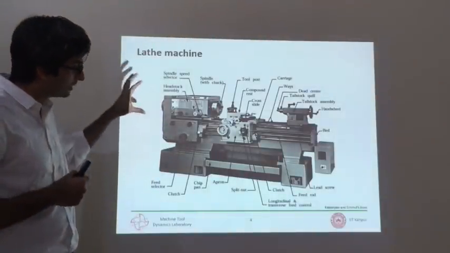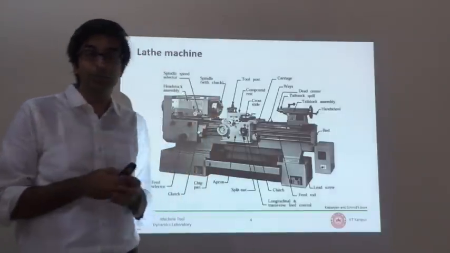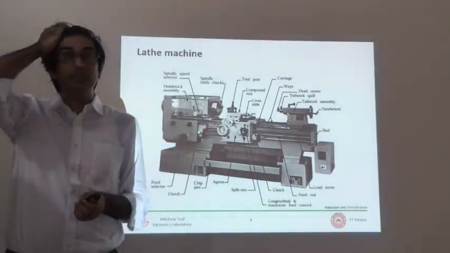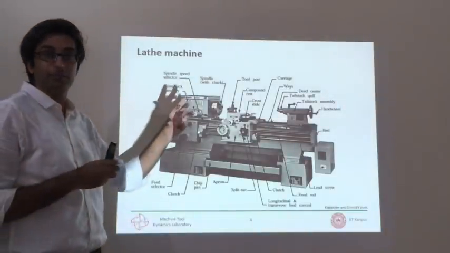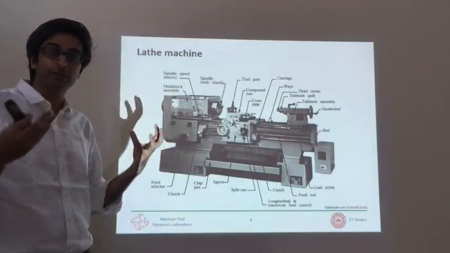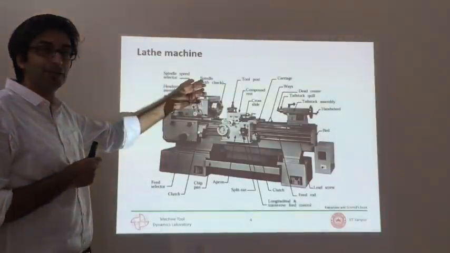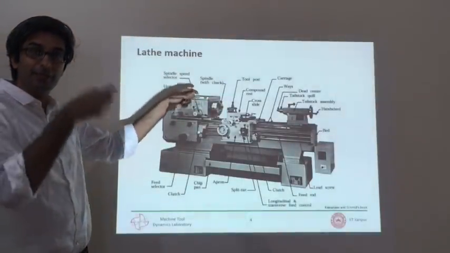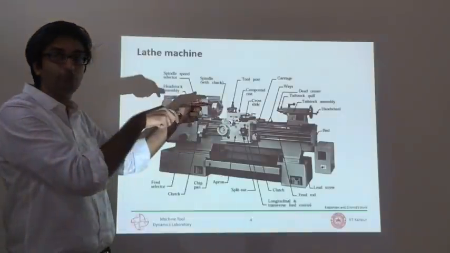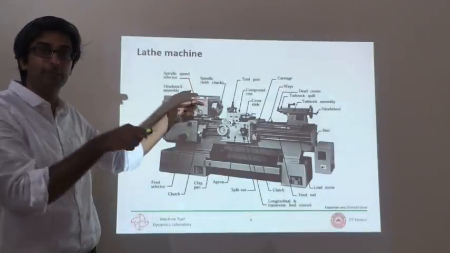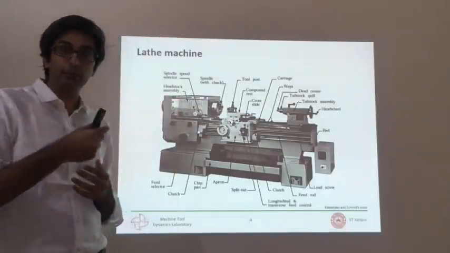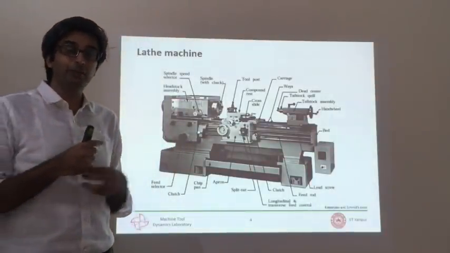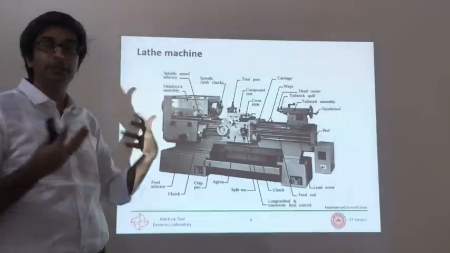But before that, this machine is primarily used to make features on parts that are round. There is a workpiece which is typically a rod or a bar or something like that, which is held in a chuck and that rotates, and then there is a tool. There is relative motion between that rotating workpiece and the tool, where you can impart motion to that tool and create any kind of surface on that rotating workpiece that you would like.